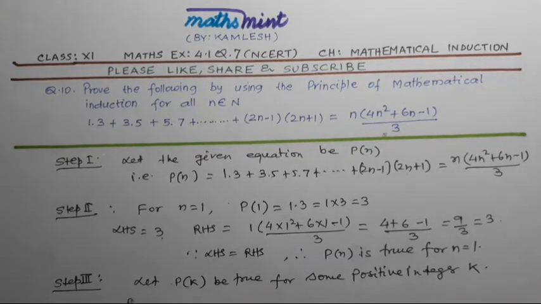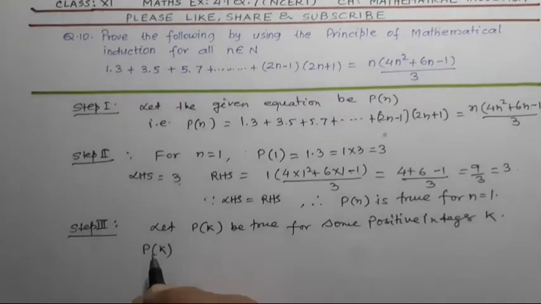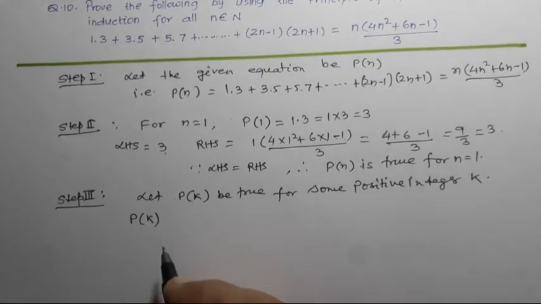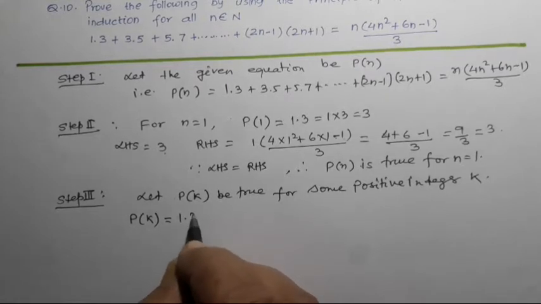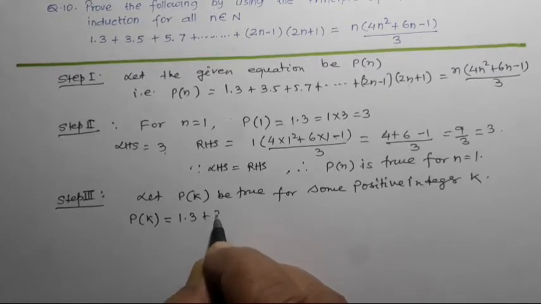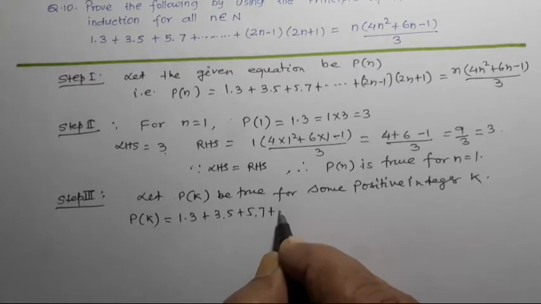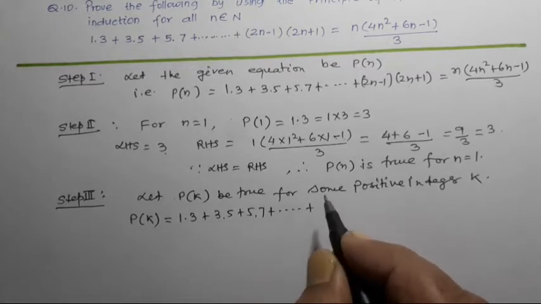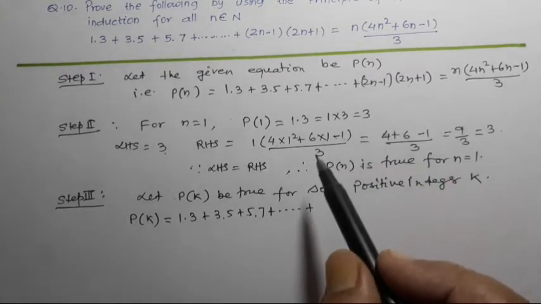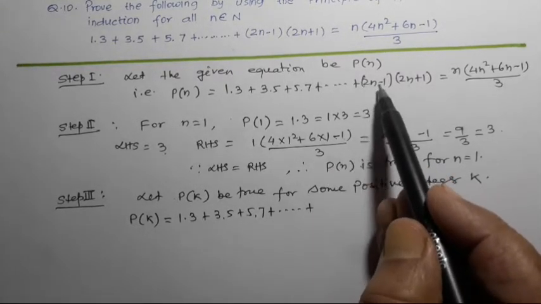Then P of k will be equal to 1.3 plus 3.5 plus 5.7 plus ..., and at the place of 2n minus 1 we can write 2k minus 1,